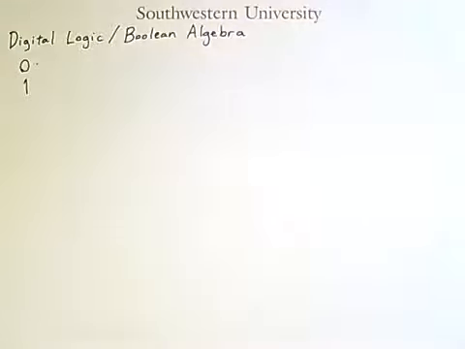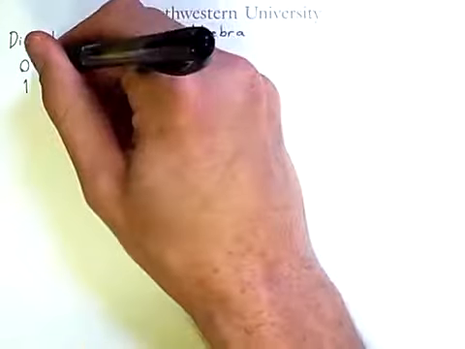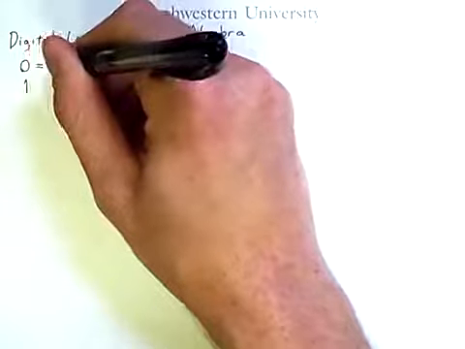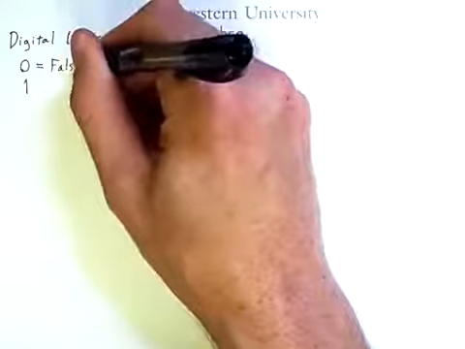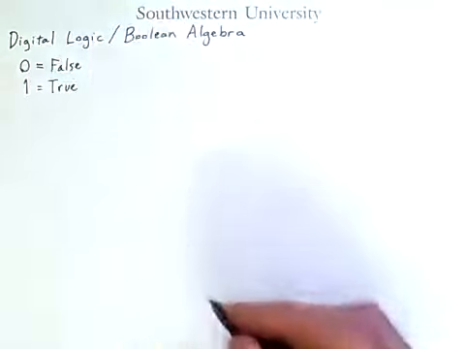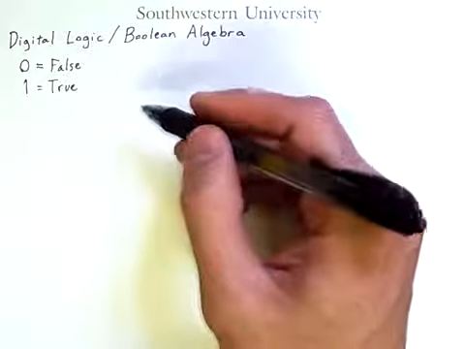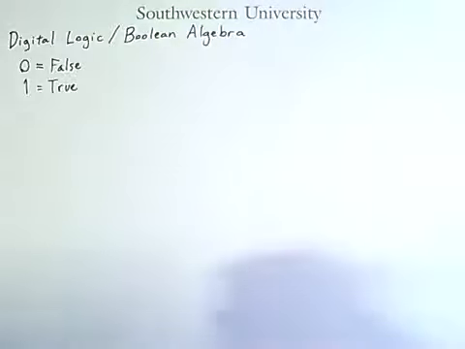Digital logic, or Boolean algebra, is a subfield of math that only allows variables to take on one of two values, 0 or 1. Now, it is common to interpret these symbols as being false and true. And there are certainly applications of this sort of logic if you use these interpretations. But ultimately, these are just symbols, and the operations that you use will be the same regardless of what symbols you use. In this class, we will use 0 and 1, as is common in most courses on computer organization